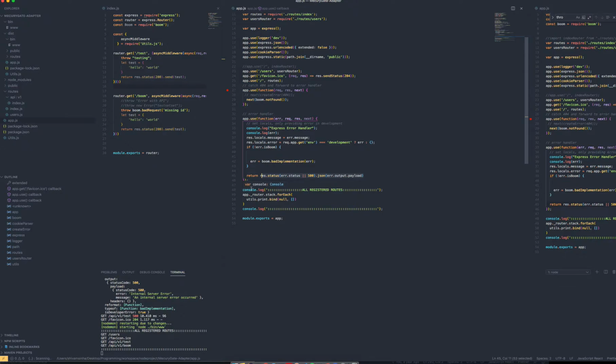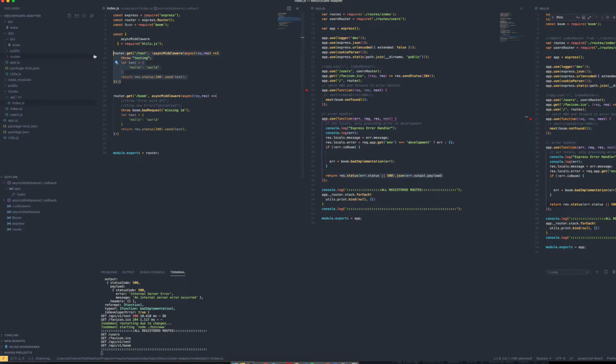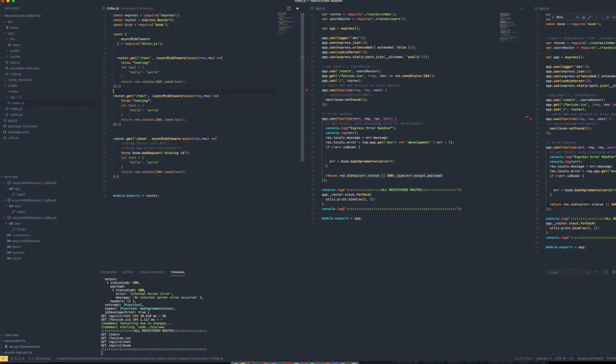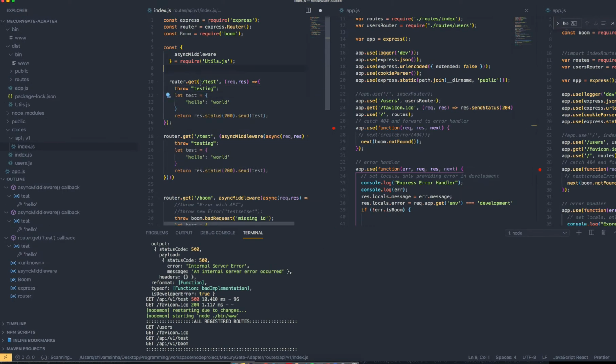But what happens is if you do have an async method, then that error is actually lost. I'll give you an example of that. So let me go over here and create another route. In this case, we don't want the async method, so we can just do a general, straightforward test. Let me zoom in here. I will just go test first. I will save this